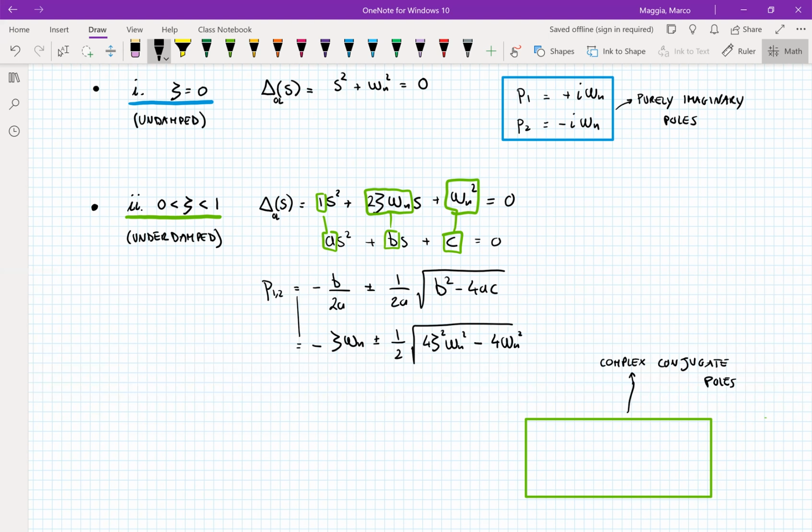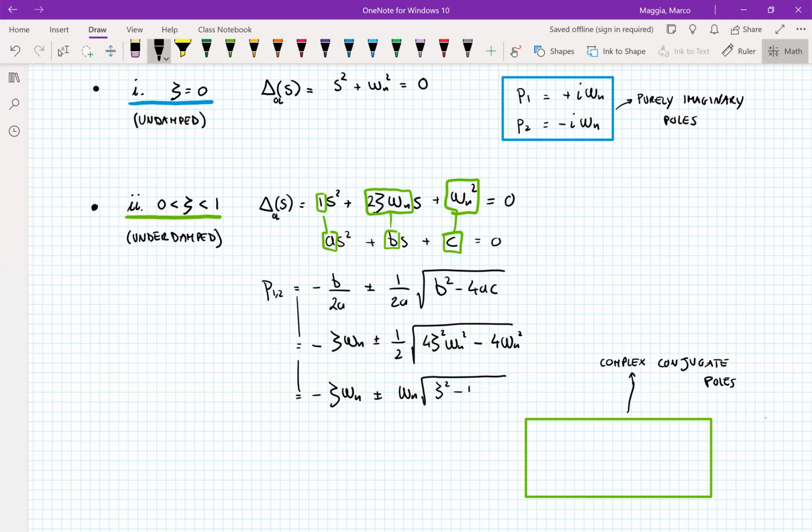We're going to take the 4 omega n squared and bring it outside the square root. So we're left with minus zeta omega n plus or minus omega n, and inside, we're left with